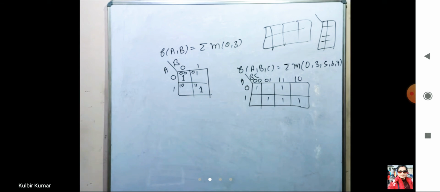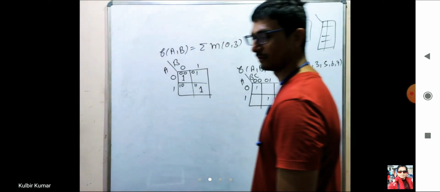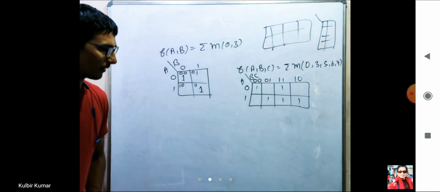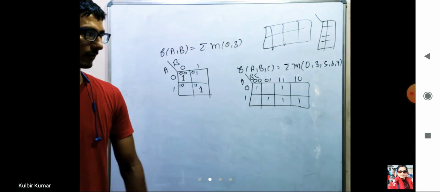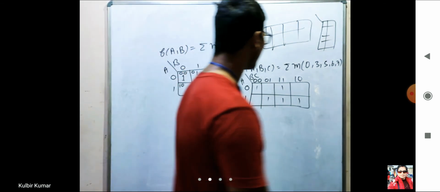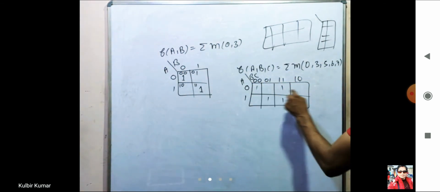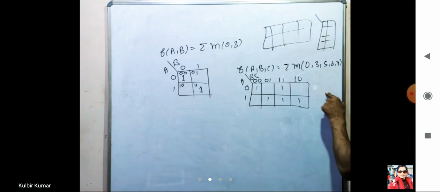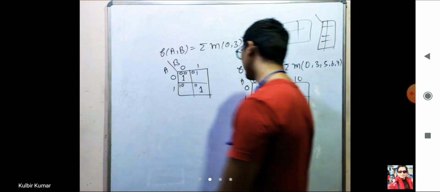Something like you can take 2 ones, you can take 4 ones, you can take 8 ones, and you can take single one also. Obviously if one is not able to pair with anything, then you have to take single one also. And second thing, आप corner पे भी pair create कर सकते हो. Something like let us assume I have one here and one here, so you can create a pair something like this one also. Okay, we will take case of that thing also.